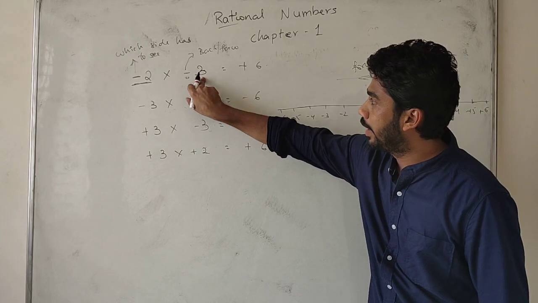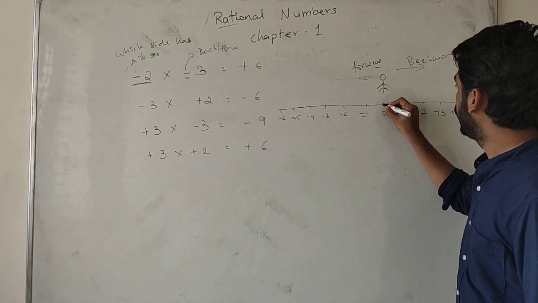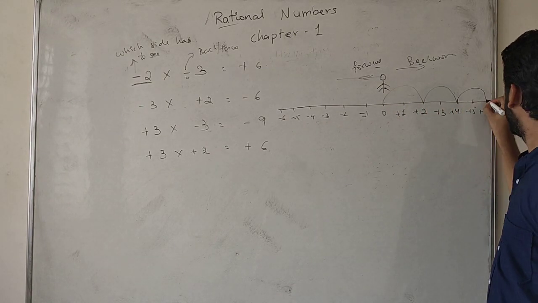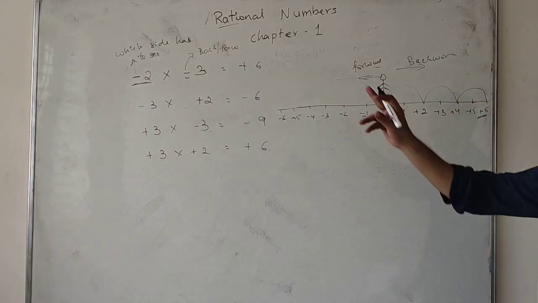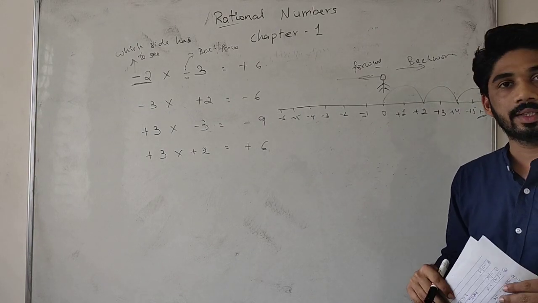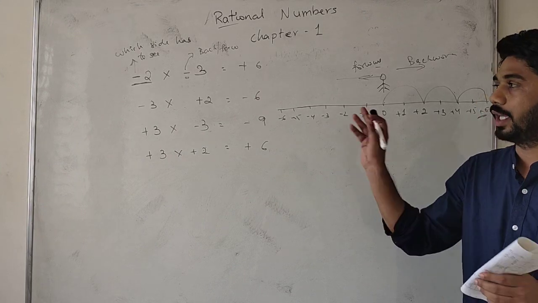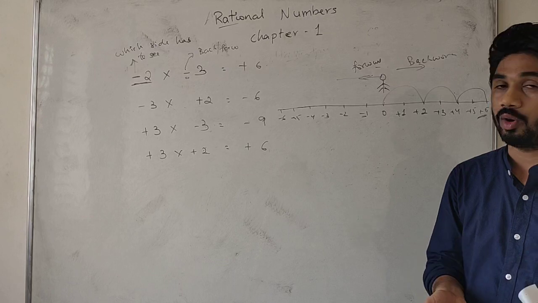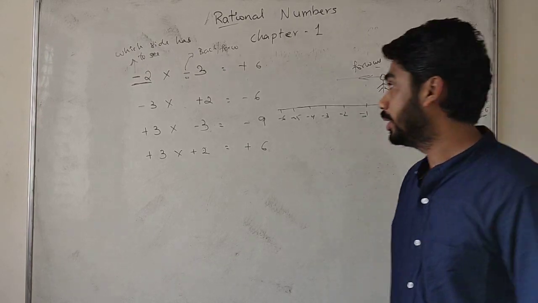So how many times? 3. Minus 2, you have to take 3 times. So 1, 2nd and 3. So what is the value here? Plus 6. So I have written plus 6. In this way, minus into minus is plus 6. Friends, this is the basic thing. Most of the teachers will not teach all this. They only say minus into minus plus. You must know how it is plus and how the logic works out. So I hope that you understood this one.